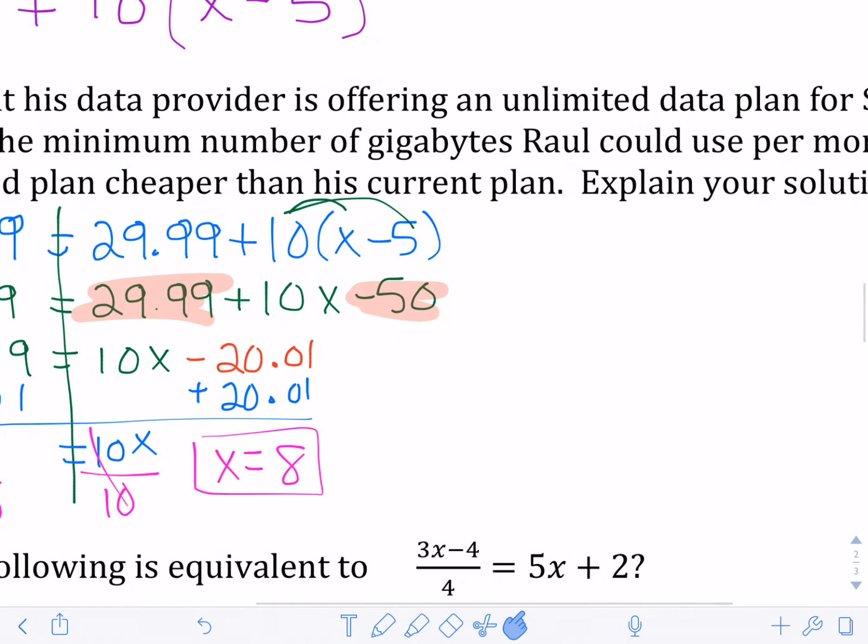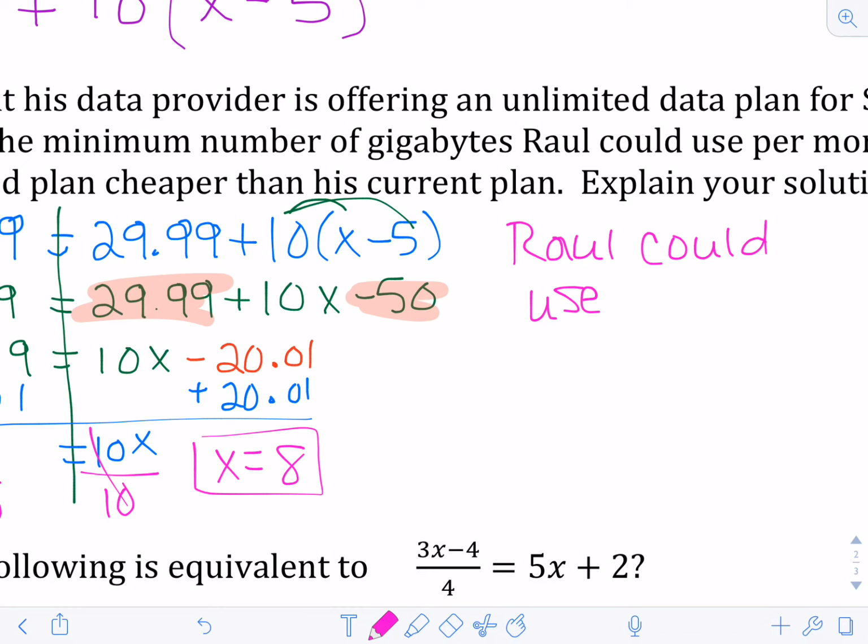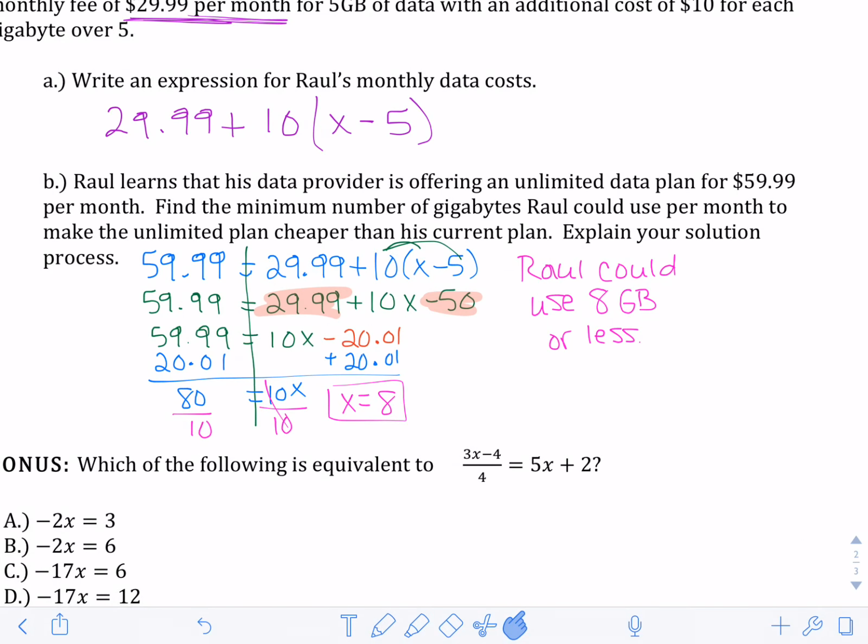In terms of the gigabytes, this means he can use 8 gigabytes or less. If he goes over more than that, then he is spending more money than switching to this unlimited data plan, which in this case would be good to have, unlimited data for $60